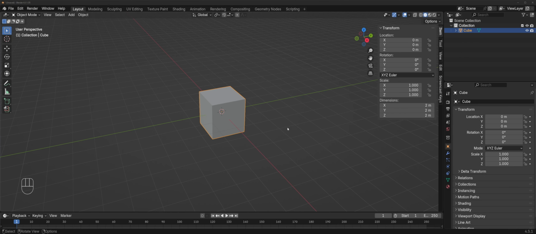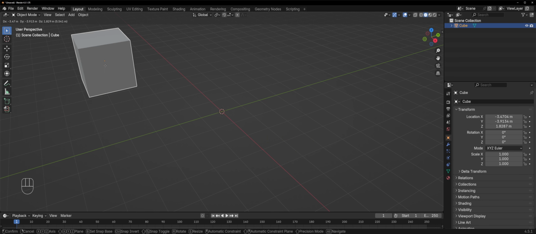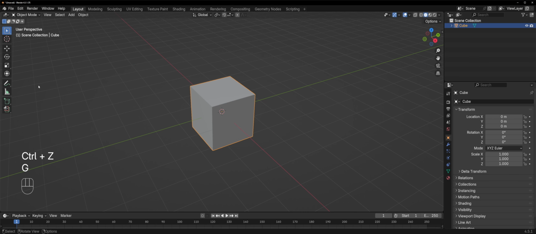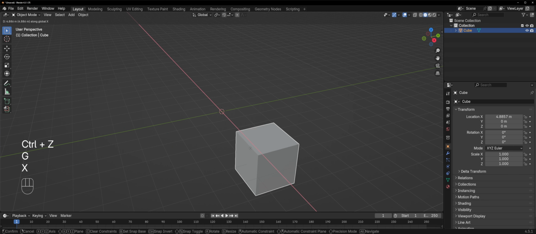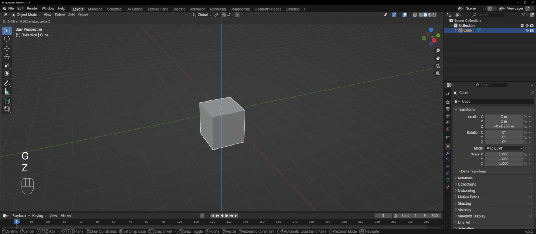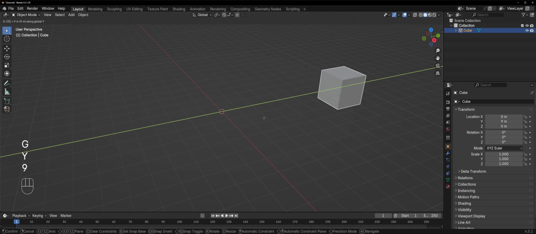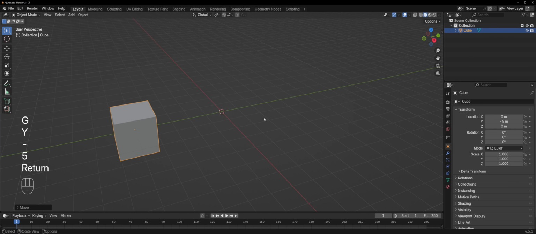Let's get into detailed location, scale, and rotation movements. G to grab. Once it's glowing white, to find a location. Left click to confirm, and right click to cancel. You can lock it along the Y. You can lock it along the X, or you can lock it along the Z. If you want to be extra fancy, although this isn't usually used, you can type in a number. For every box is 1 unit. This is rarely used. Most of what we do is more organic, but the option is there if you ever